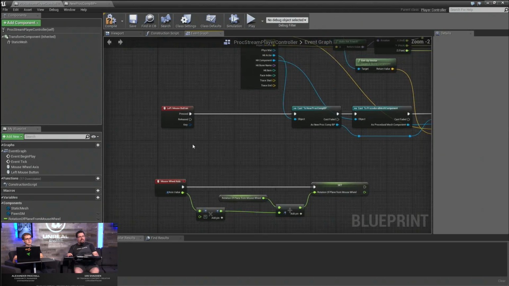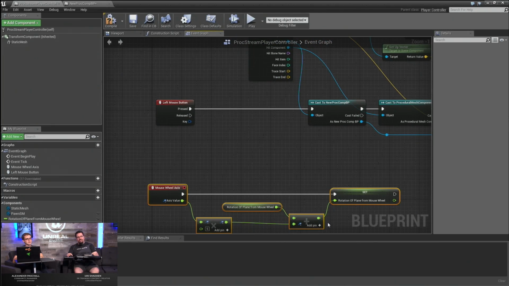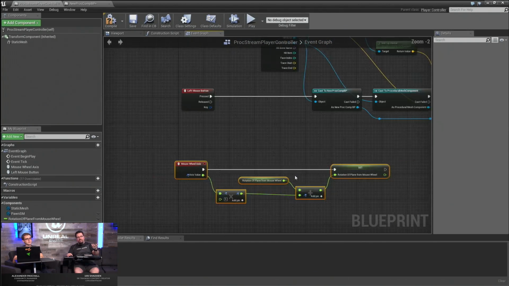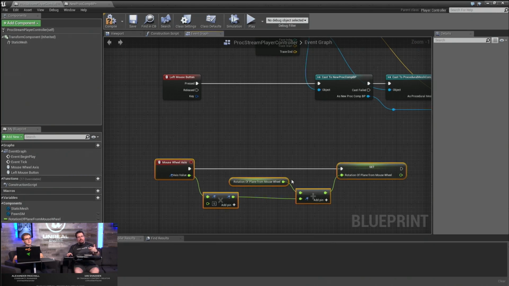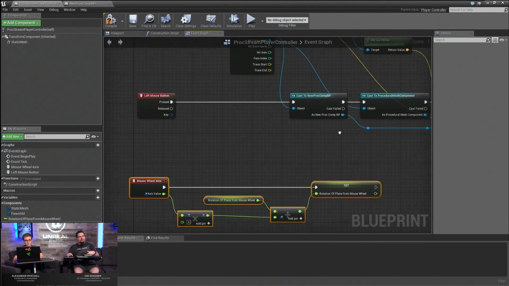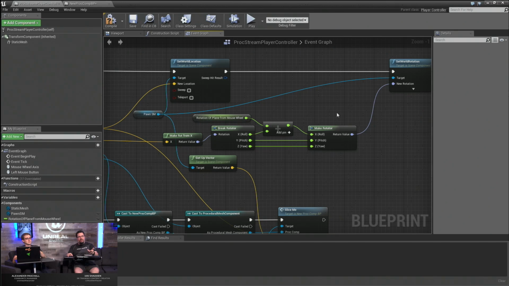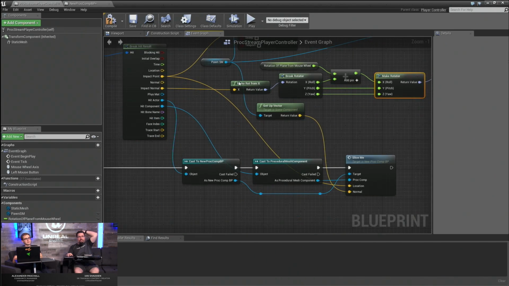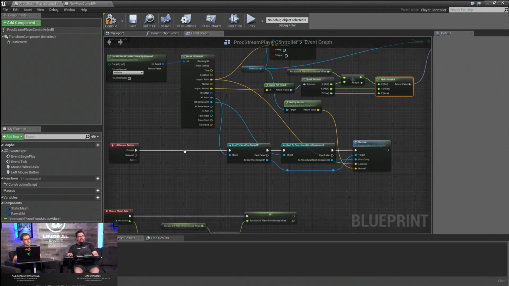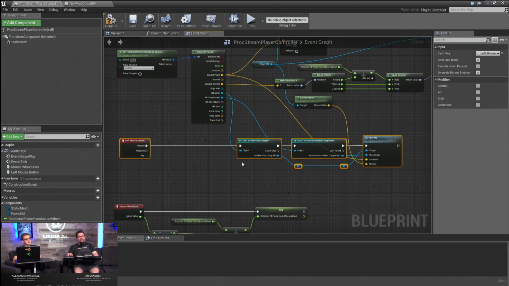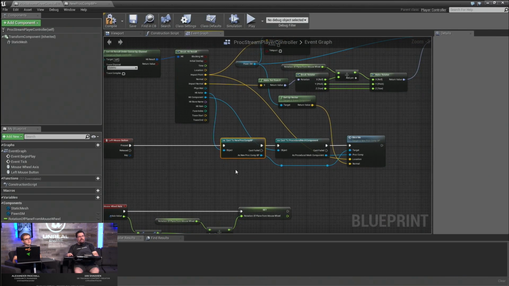We're plus and minusing 5 from the plane every time we roll the wheel, which gives us our rotation that we're simply adding into the roll. That's that little variable up top there, and then that gets added. And then the final thing in this one is, on our left mouse click, we get our hit actor,